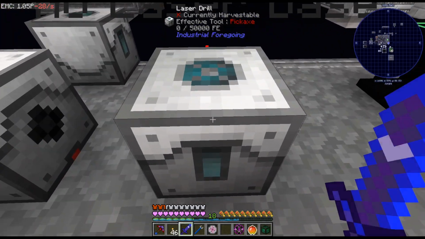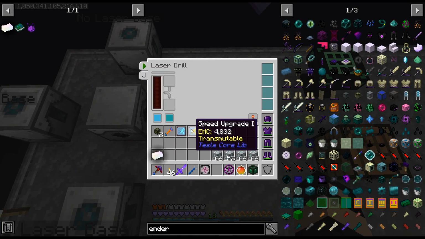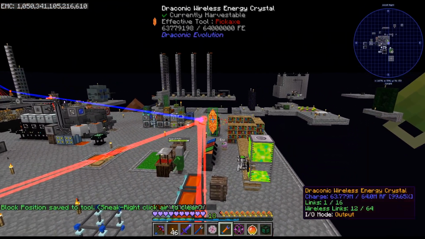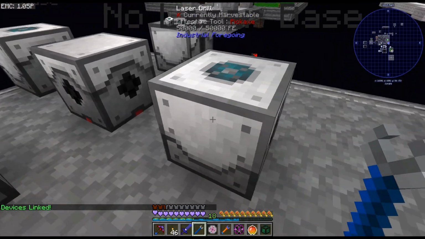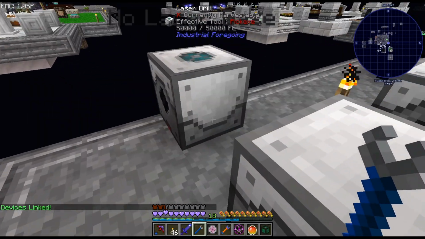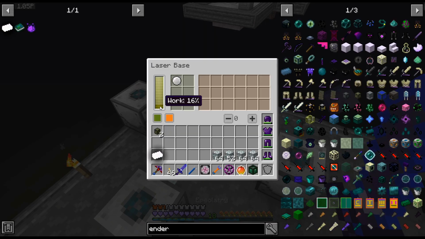I have to place these down after. Is that why they're saying like no base? That's weird. Is it just because they're not powered? I'm just gonna attach it to these wireless. Or do they need to be turned? Ah, it needs to be, that's right. I don't use these very often. Yeah, there we go. All right. So that'll do that, but we need to...